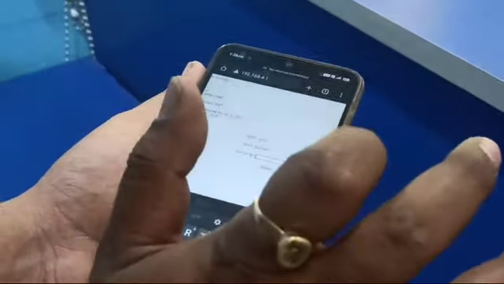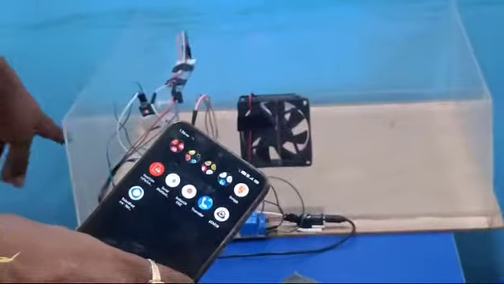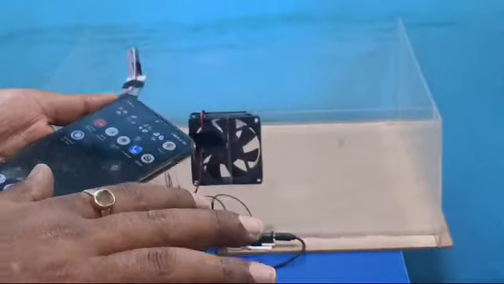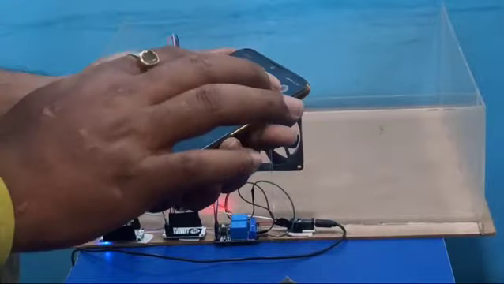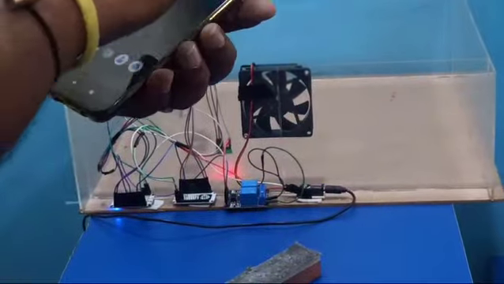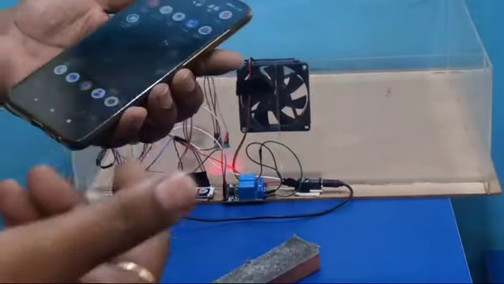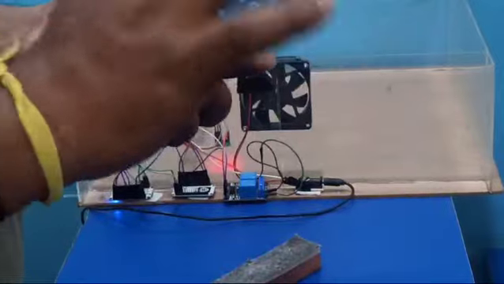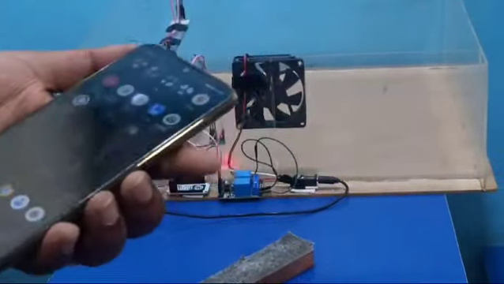Then you just clear the screen from here. You click it here and clear it. Clear the browser tab or close the browser tab. Why am I saying that? Because the browser tab data will be stored. Each time you switch off and switch on, you open the browser again, but the old hotspot name is already stored, so it will automatically take that old data. So you have to start a fresh browser, so the old data should not reflect.